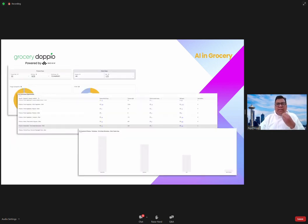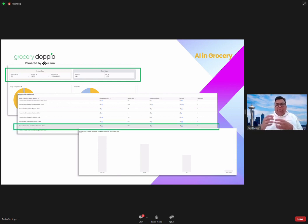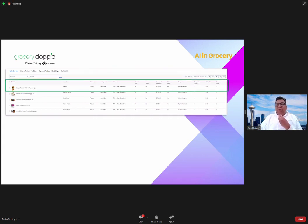Now, the matches of the products that are carried by more than one retailer are organized as product clusters, and products that are unique to certain retailers are organized as UBRs, as we call it. Now, we overlap this with your catalog to find the assortment gaps, and these gaps are further categorized as brand gaps or item gaps across categories, brands, national or private, and are then prioritized based on their revenue impact. Now, within the same assortment application, users can prioritize items using constraints like revenue impact or popularity metrics like reviews,